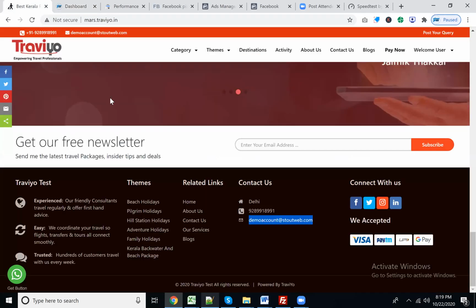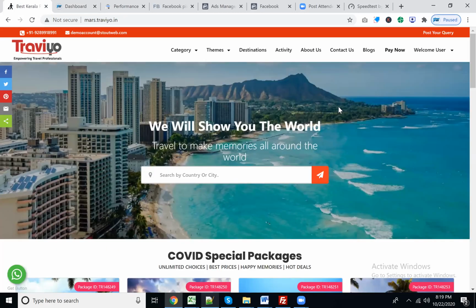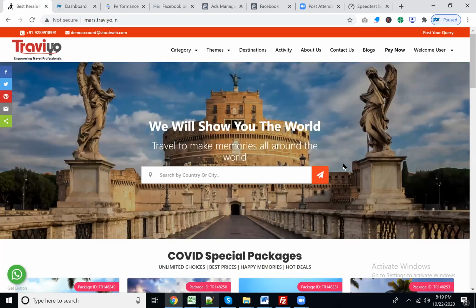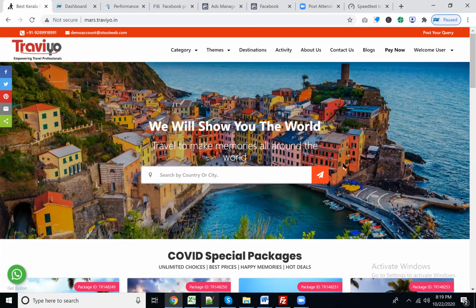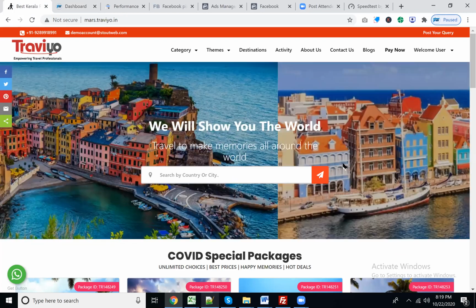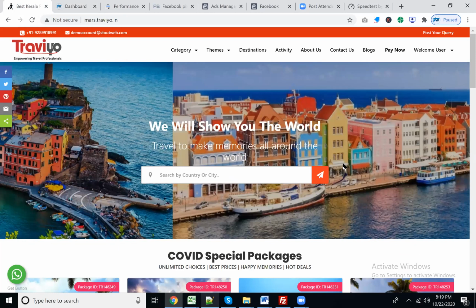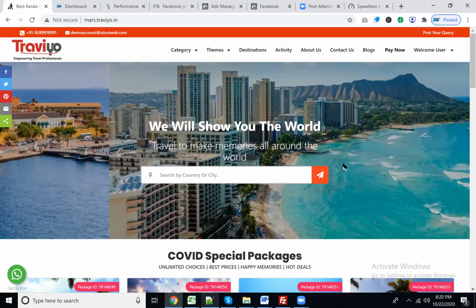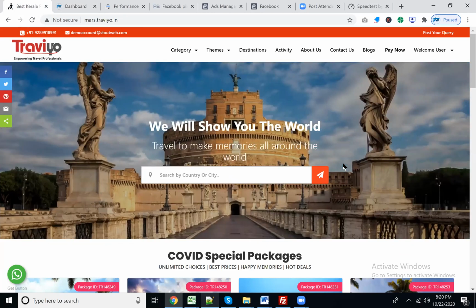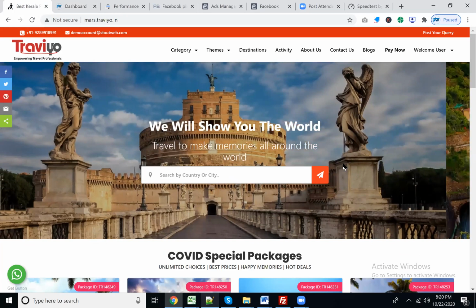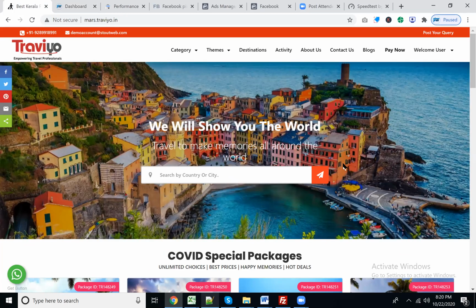How do you set up your complete homepage, like uploading the banner? What exactly is the best practice to upload the banner for your website? What exactly does Google recommend for uploading a banner? Even if you have not developed your website through Travio, you must follow this practice to make your website very lightweight and smooth, so that visitors can visit your website quickly.